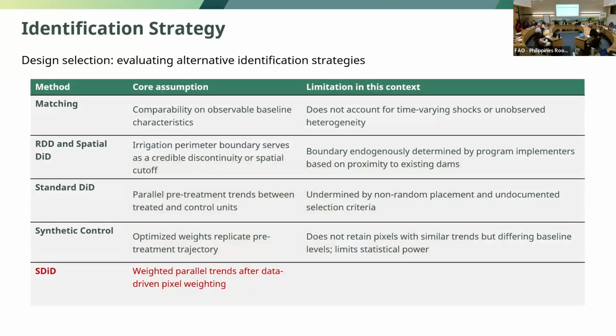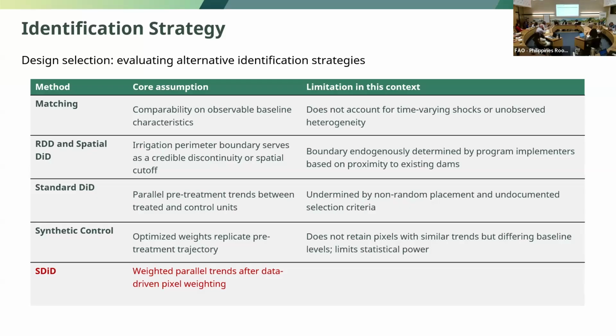As we were mulling over what design choice to make, we systematically worked through the available quasi-experimental methods. And although all of these methods are really great, each presented a specific limitation in this context. I'll run through these fairly quickly. First on the list was matching. It selects control pixels based on similarity in observable baseline characteristics. However, in this scenario, matching only balances those characteristics at a single point in time and does not account for time-varying shocks or unobserved heterogeneity. So for example, if there's a drought in 2005 that affects the control pixels differently from treated pixels,